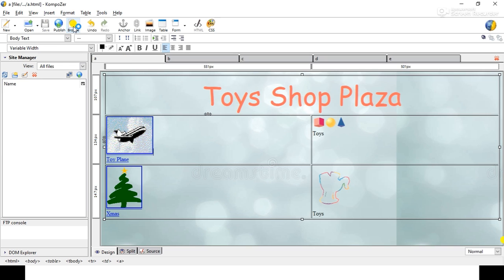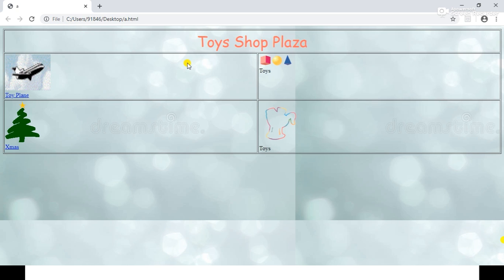Now we will go into the first page, that is A, and we will click on this Browse button to see the output in the browser. As you can see, our animation and the images are there. As we have given the hyperlink to these two pages, the images and the text only contain the blue color, and in these two pages we have not given the link, so they contain the normal text color, that is black. So you can click on this text also and this image also, and it navigates to that page.